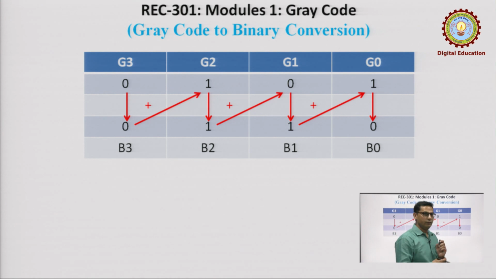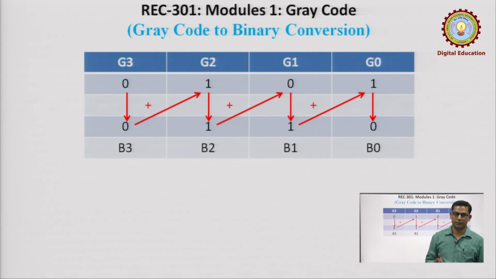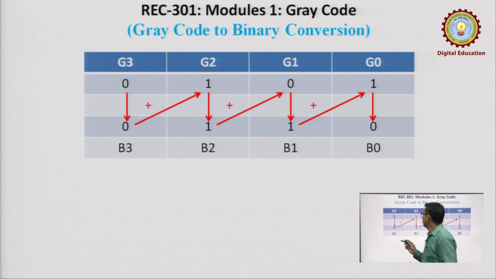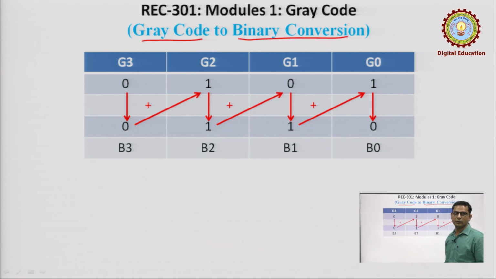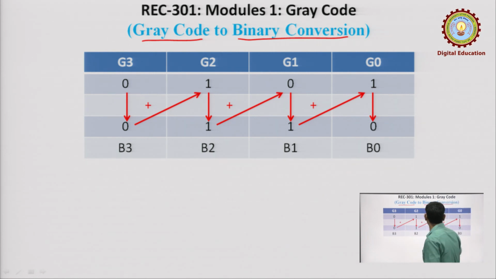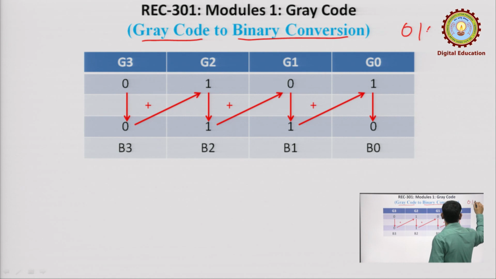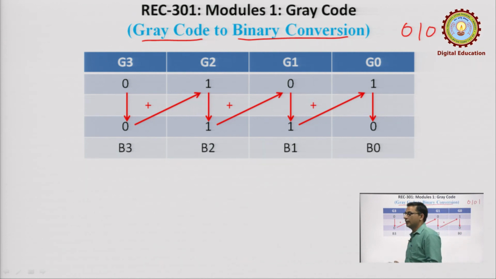Now, I have discussed the conversion from binary to gray code. So, now I want to convert the gray code to binary. Okay. So, if we have a gray code, how will we get the binary number for the given gray code? For example, if we have the code 0101, and this is a gray code,